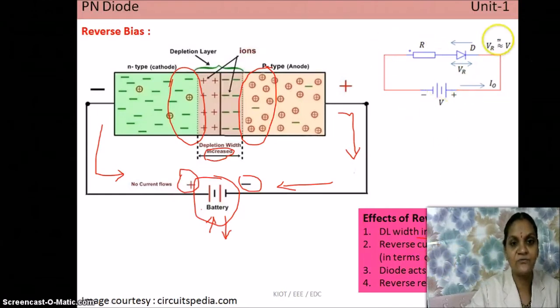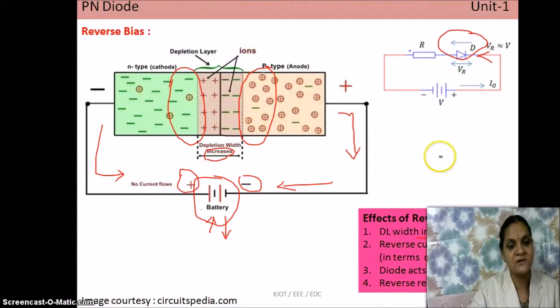And this is the circuit for the reverse bias condition. Negative terminal connected to the anode, positive terminal of the battery connected to the cathode. So current is flowing in the reverse direction. Normally the current flows from the positive terminal towards the negative terminal, because we are considering conventional current. So the current direction is represented in this direction, and normally this applied voltage is nothing but the voltage drop across the diode, because the drop across the internal resistance is assumed to be negligible again. So this is the operation under reverse bias.